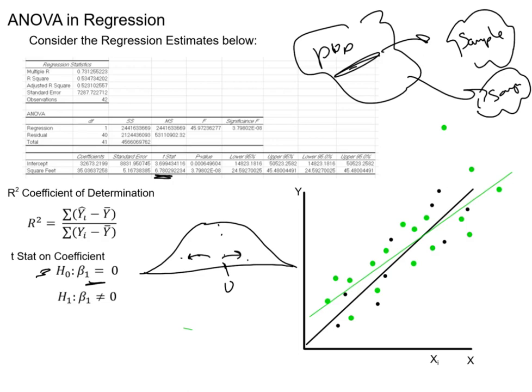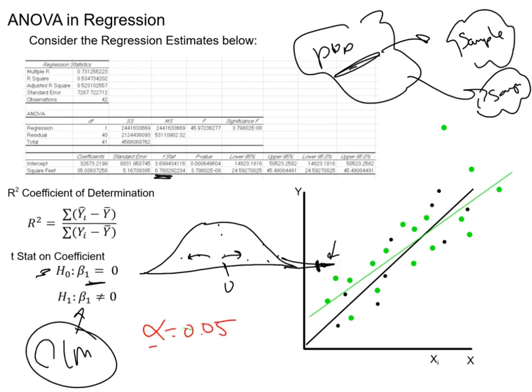68% of the probability. Because of the central limit theorem, the distribution of our estimated parameters is also going to follow a normal distribution. So my goodness, if I go 2 standard errors, 3 standard errors, that's like 99%. If I have to go 6 standard errors and it's positive, so it's 6 standard errors to the right, the amount of probability to the right of that point is going to be so small. If I use a traditional alpha of 0.05 for my level of significance, it's going to be somewhere around here,